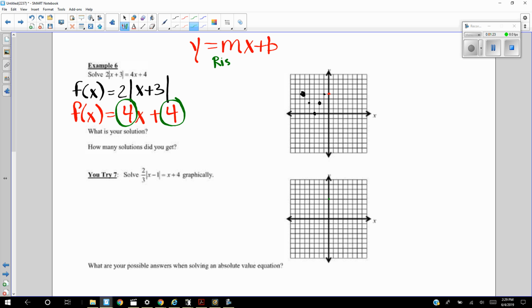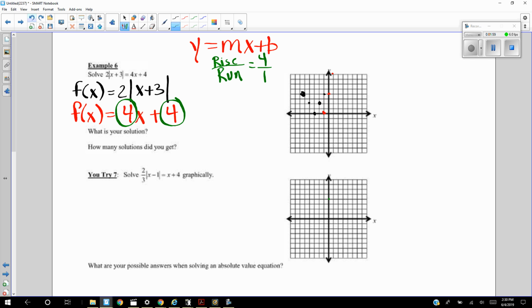Remember, slope is rise over run. So in this case, our rise over run is 4 over 1. So from this red point, we're going to count up 4 right 1, or we can go the opposite direction, go down 4 left 1. Going down 4 left 1 doesn't help us solve, because we want to find where these graphs are going to intersect. You can see they are going to intersect, looks like somewhere in that vicinity there,